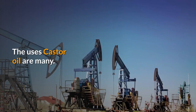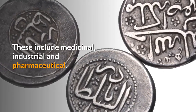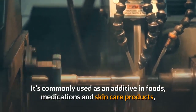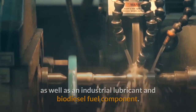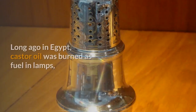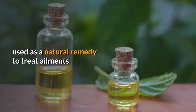The uses of castor oil are many. These include medicinal, industrial and pharmaceutical. It's commonly used as an additive in foods, medications and skincare products, as well as an industrial lubricant and biodiesel fuel component. Long ago in Egypt, castor oil was burned as fuel in lamps, used as a natural remedy to